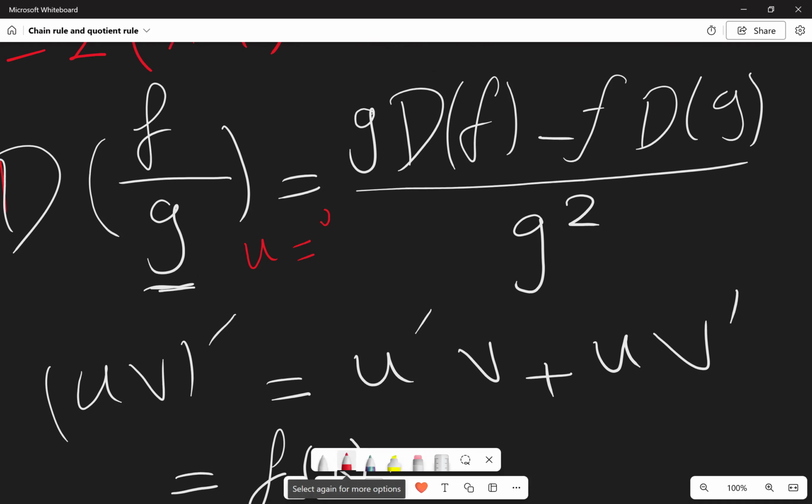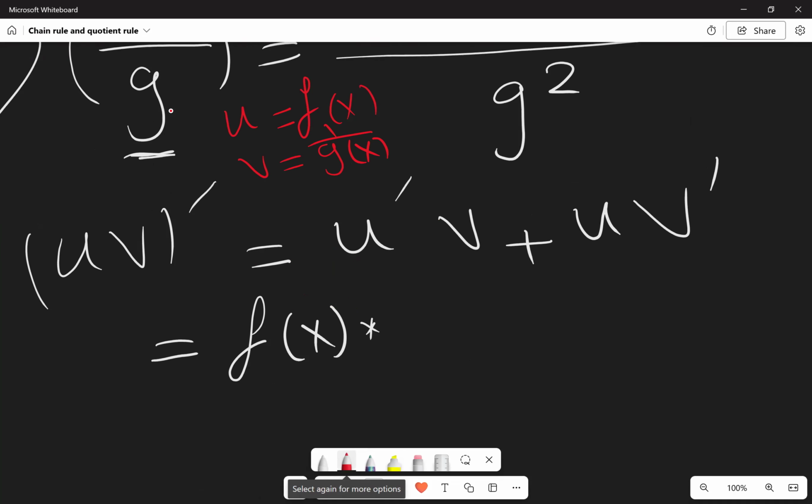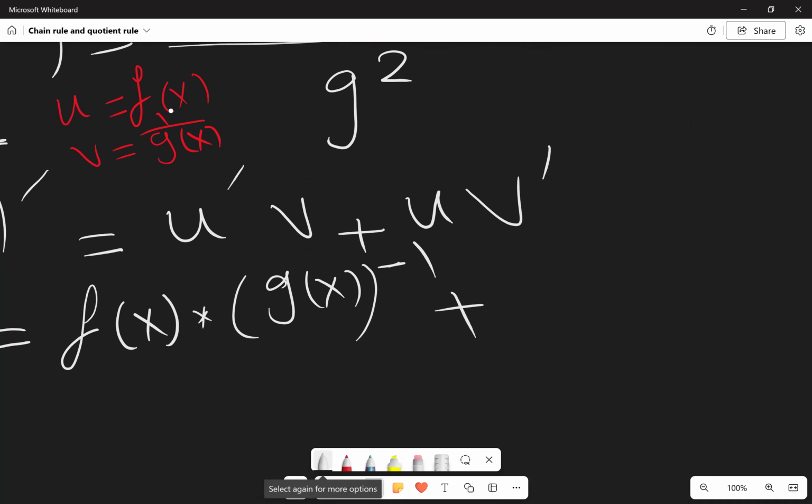U is equal to f of x and v is equal to 1 over g of x. We're treating the two functions as if they are multiplied by each other. So it's f of x multiplied by 1 over g of x. So the v is g of x all to the power negative 1